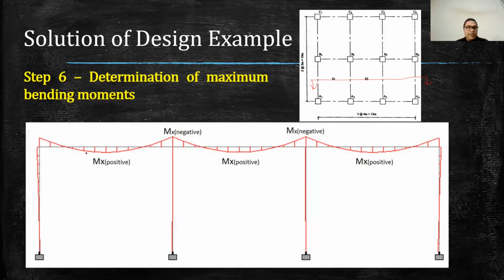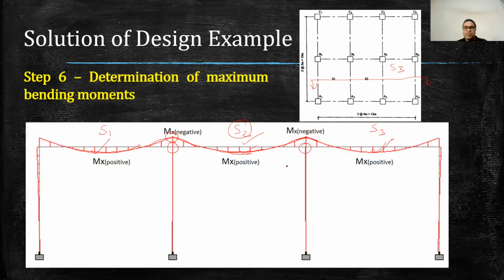There you can see, if this is slab S1, S2, and if I name this S3, along this the slab will bend like this, and on top it will bend like this. In the middle it will bend in sagging, and on the supports it will be hogging, with the opposite curvature, and similarly here also. The behavior of this and this will be the same, and this is a different slab. So in slab S2 you can see